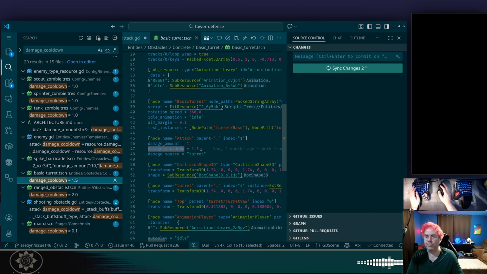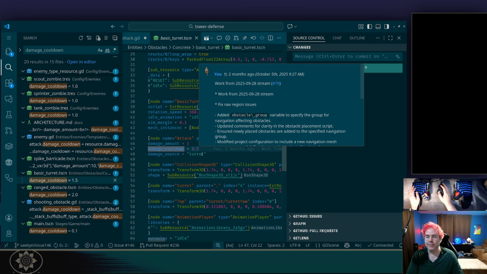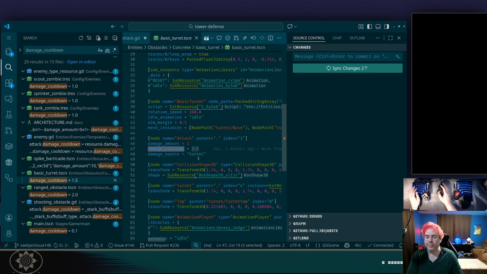What is 1 over 1.5? Or, in other words, this damage cooldown is we attack every 1.5 seconds. So there's an attack every,